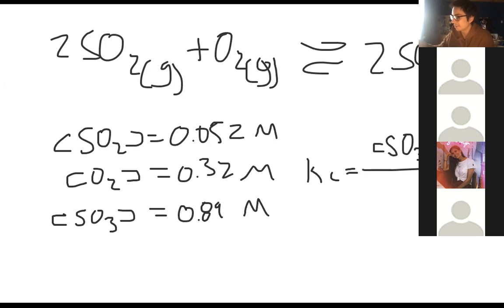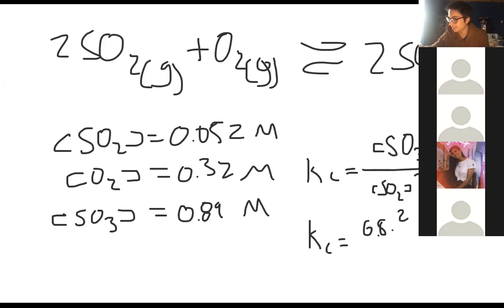And what goes on bottom? SO2 and O2, with SO2 to the power 2. Just like that. And then plug in the number. So we plug in the numbers and we end up with 0.89 squared